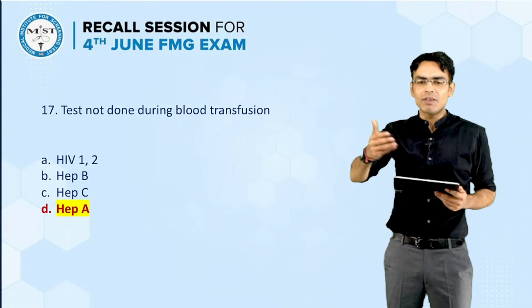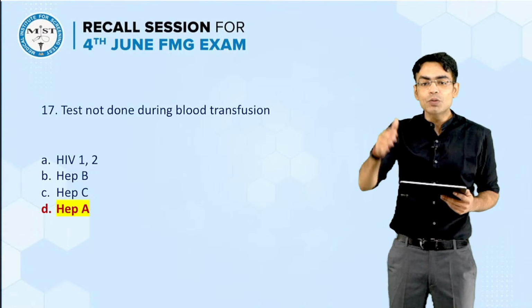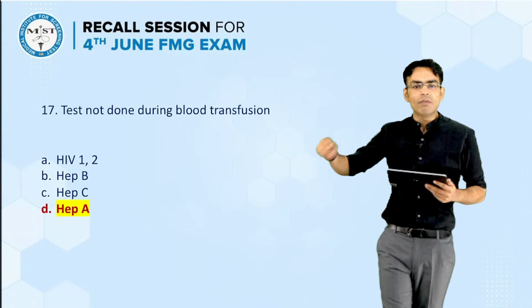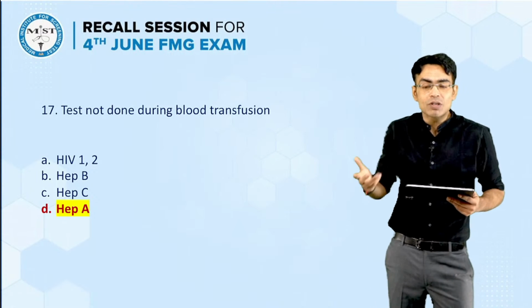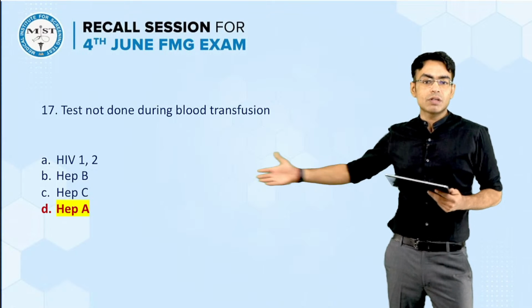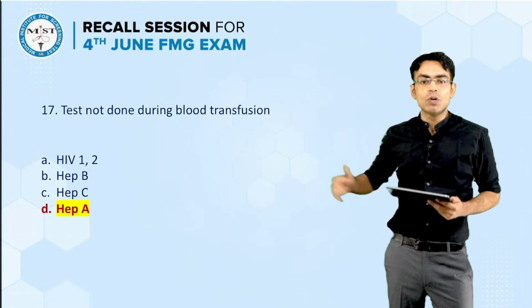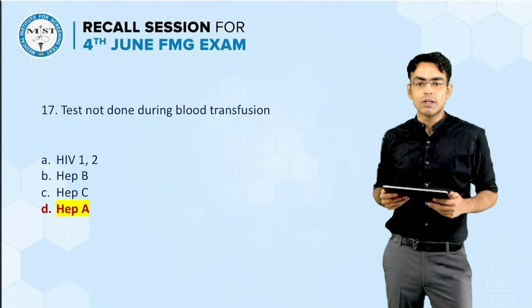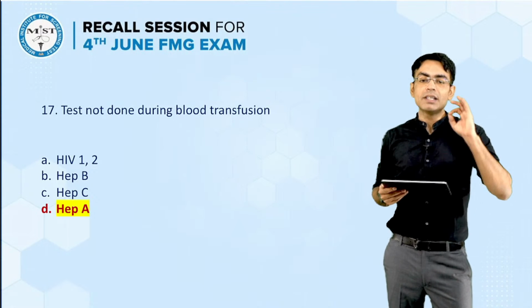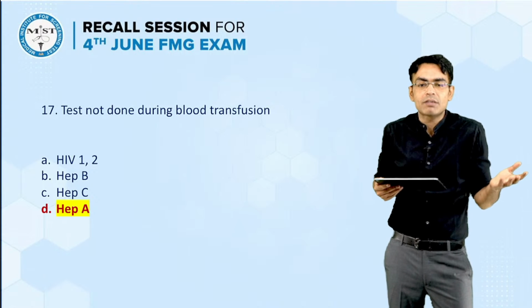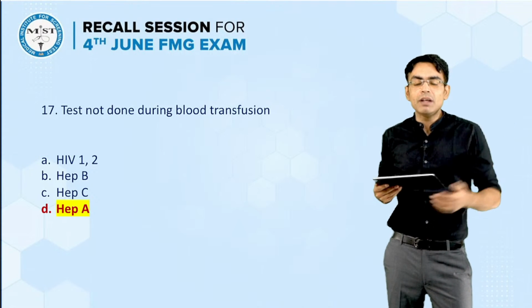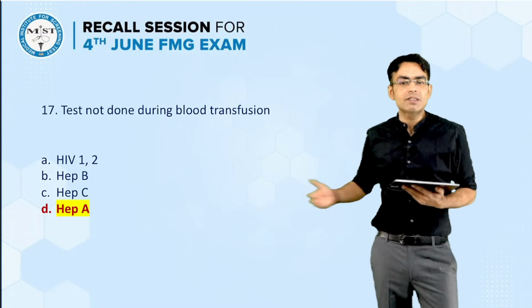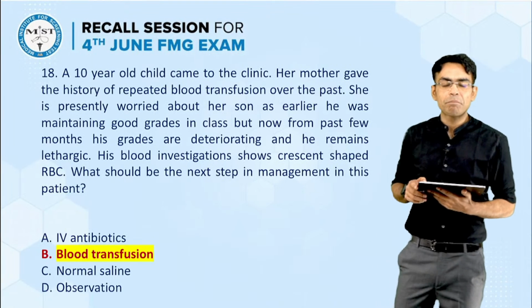If you are transfusing the blood, we have discussed it multiple times in the classes, obviously HIV markers you definitely are going to do. When we're talking about hepatitis, hepatitis B and C, yes, definitely we have to do them, because they can transmit by the sexual route and by the blood route as well, the horizontal route. So you definitely have to check for hepatitis B and C. But the hepatitis which is not related to any blood transfusion, or which can't be transmitted by blood, is hepatitis A, because it's fecal-oral. So the best answer for this question is hepatitis A.